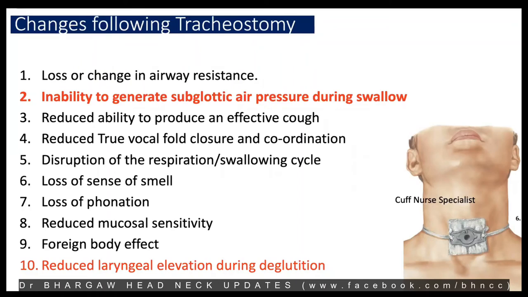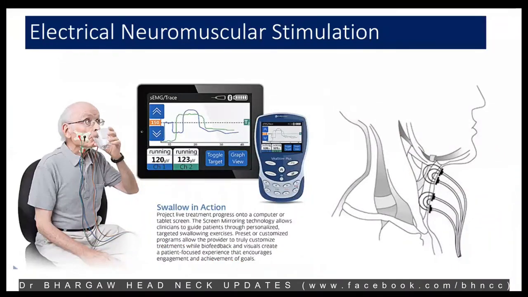And because of prolonged tracheostomy, they'll have loss of sensation of the supraglottis and also reduced hyolaryngeal movement, especially if scarring and fibrosis occurs around the strap muscles. So patients with tracheostomy also have dysphagia. Sometimes the tracheostomy tube is put for dysphagia, but also sometimes makes it worse. And in rehabilitation, it also worsens or prolongs our rehabilitation. And ideally, we want to get them off the tracheostomy tube.